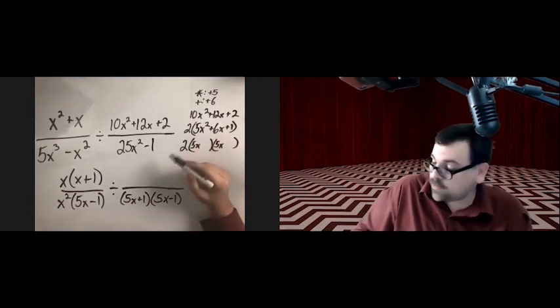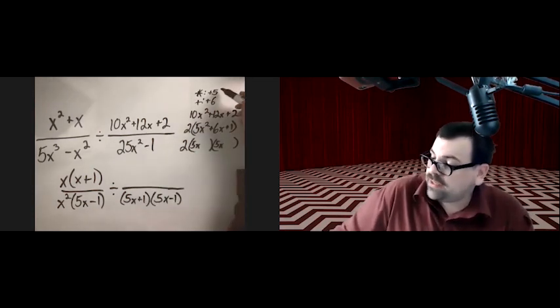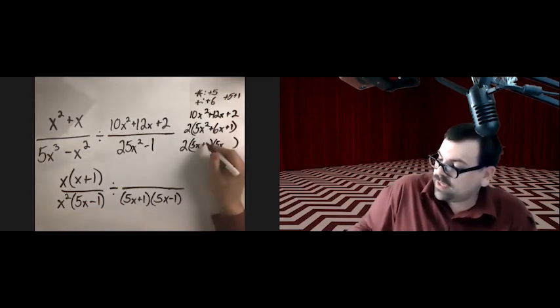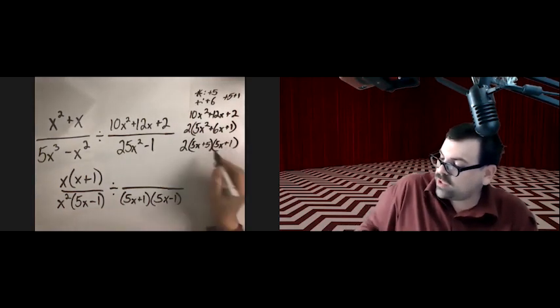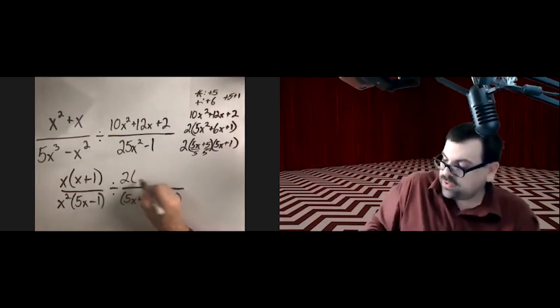We need it to be 5x squared. The numbers that multiply to positive 5 and add to positive 6 are plus 5 and plus 1. Put in a plus 5, put in a plus 1. This one divides by 5 for our corrective step, and we're left with 2 times x plus 1